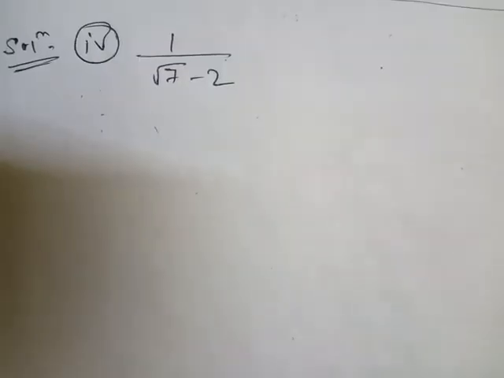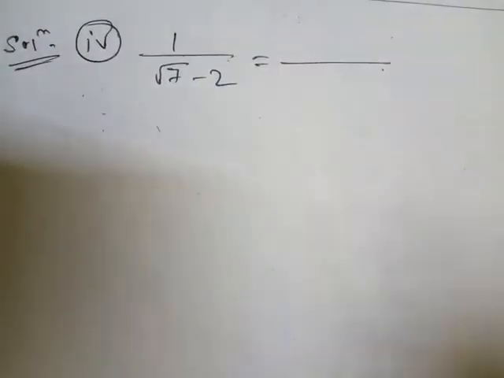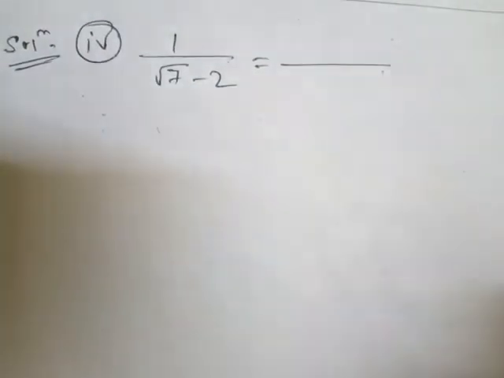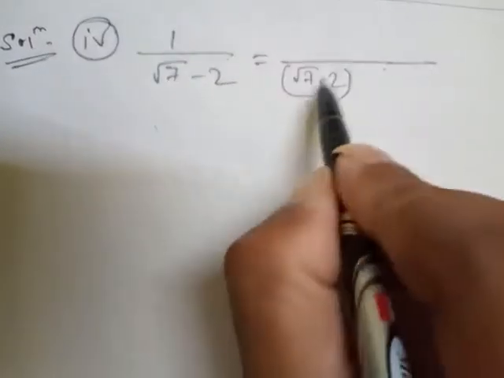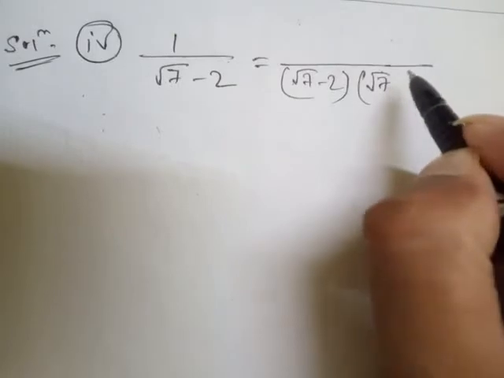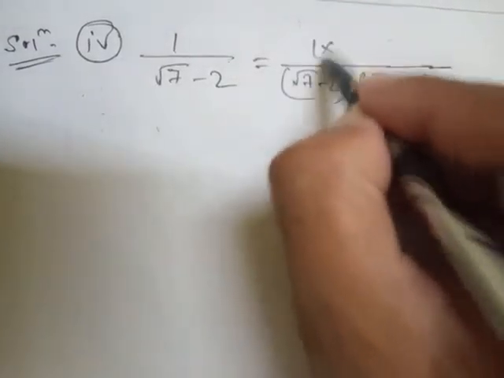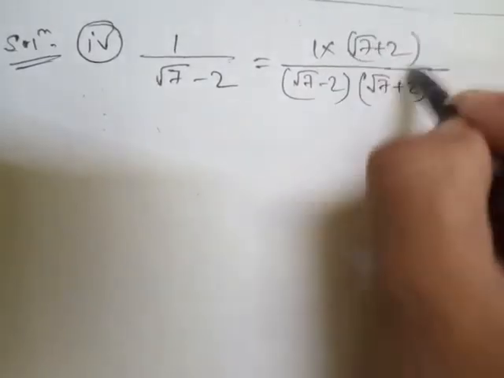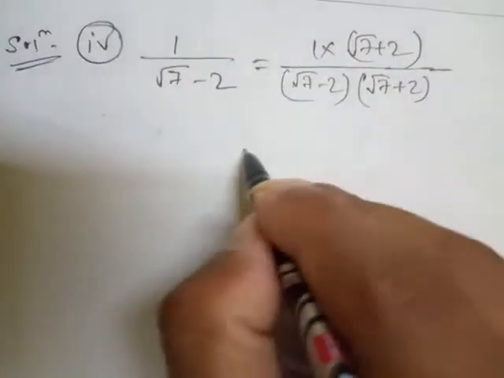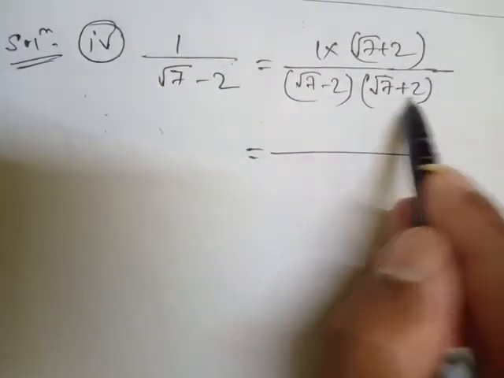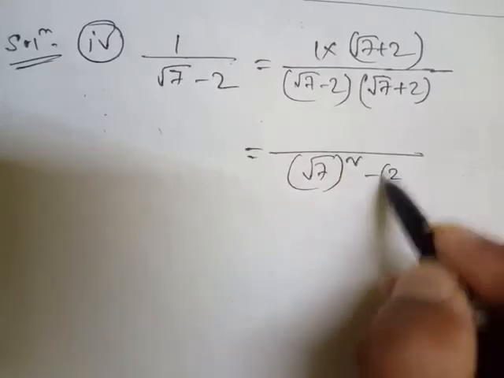Now student, we are going to solve Roman 4 here. Look, 1 by root 7 minus 2. Now look here, we'll go for the rationalization again. Root 7 minus 2 here. Now since there is minus, we'll multiply both the numerator and denominator with, sorry, with plus. Now 1 into root 7 plus 2. Now if we cancel these two, we'll get the same result here. Now a plus b, a minus b, which means we'll apply the formula a square minus b square here.